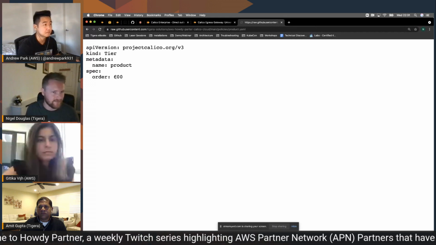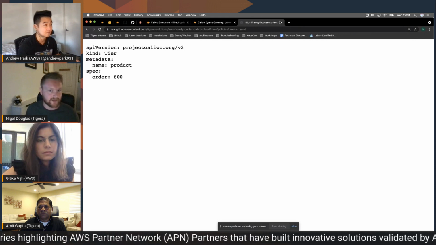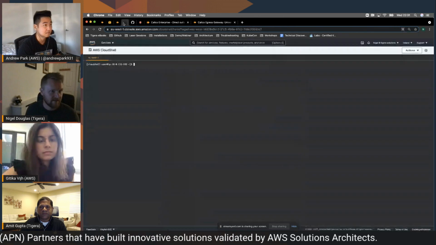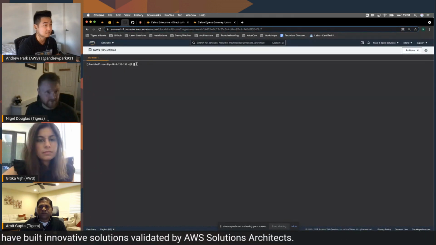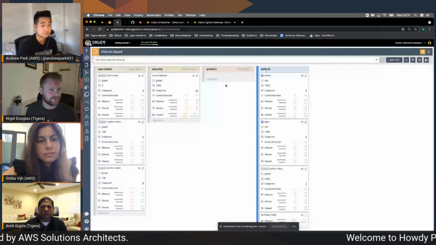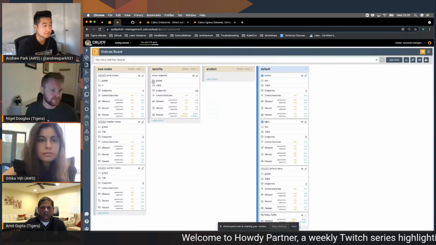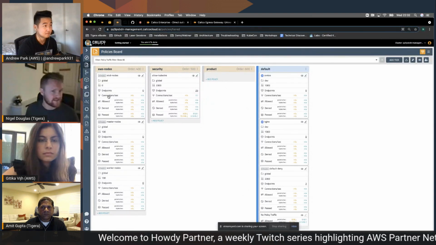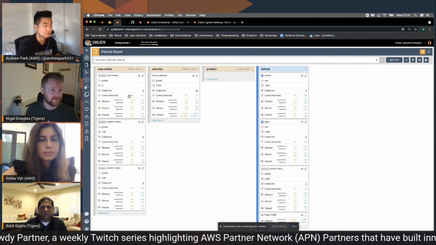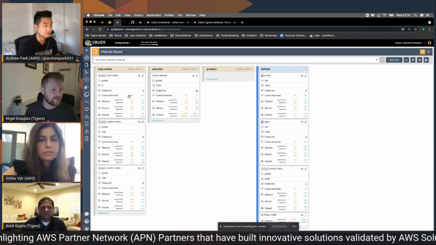If we were taking a shift left model, I could have policies ordered by tiers. So in my case, all I want to do is run this simple kubectl apply command, run it in my CLI, and just like that, in real time, you'll see it within milliseconds. It's going to show up now as a new tier within our web user interface. So tiers are really reading policy, as you can see each of the policies here, from top to bottom, left to right.